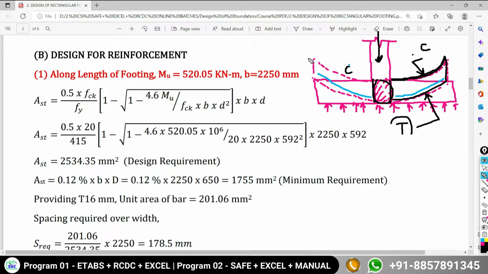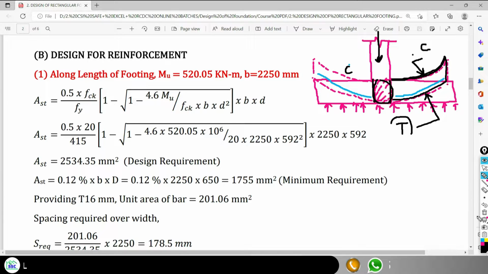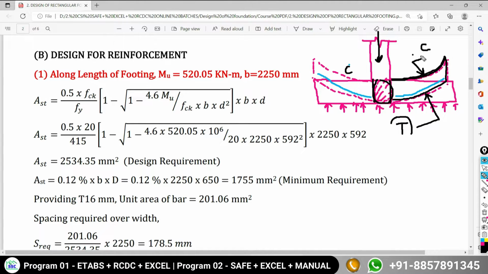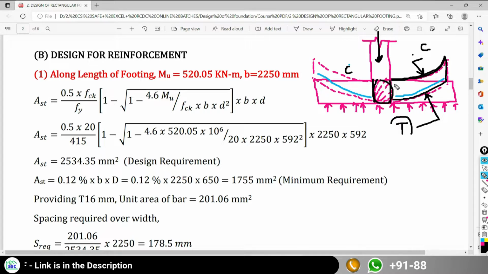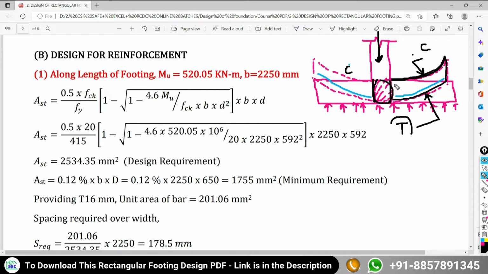isolated foundation. But for any other type of foundation like a combined foundation, we need to look at the flexural behavior first, then we will decide where we have to provide the reinforcement. For all types of isolated foundation, the top face will be under compression and the bottom face under tension, so you need to provide the reinforcement at the bottom face. There is no need to provide it at the top face. There are exceptional cases where we provide reinforcement at the top face also, but right now we are not going to discuss that. Here we provide the reinforcement only at the bottom face.